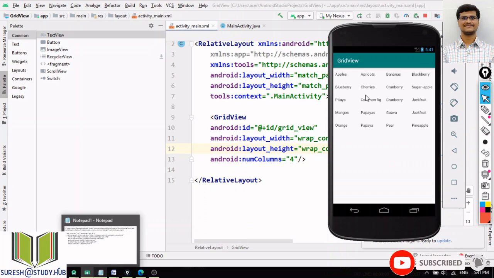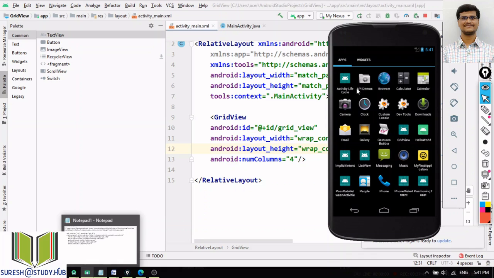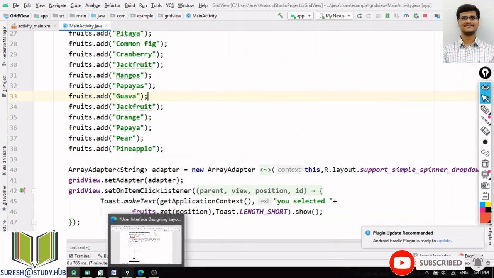But it will display the items in rows and columns. In the same manner I can use all the icons also. I can display the icons in this grid view. If you take these icons, all these icons are displayed in this fashion. For displaying these icons in this fashion, I have to get all the apps. Those apps I will fill into the array adapter, and after that I will set this grid view to this array adapter. For this I will use extra properties like horizontal spacing and vertical spacing. Even if you have this one, it will internally use the grid view only. So that is about this grid view.